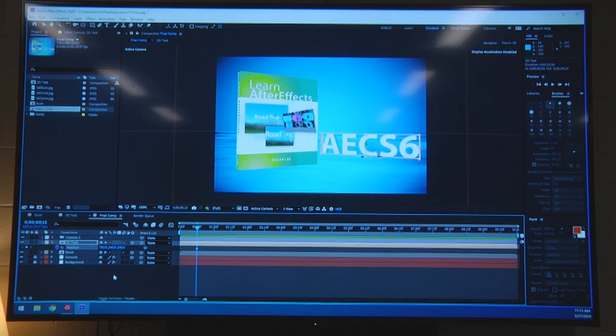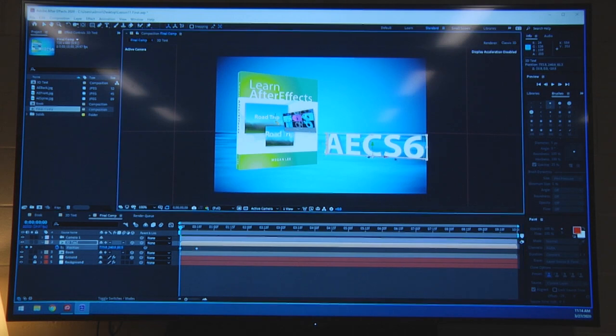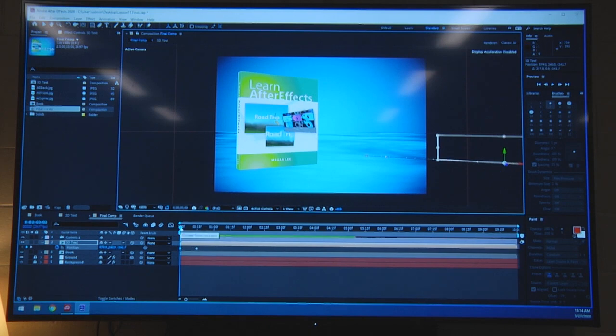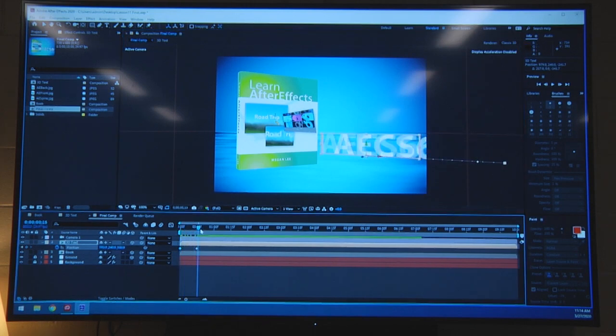Okay, let's go back to the beginning. So just press Home or go back to 0. And let's go ahead and slide this thing off. Now you notice the arrows. I think we played with these arrows before. These allow you to drag the item up towards you or left, right. That's one we want to work with right now, the X value. So I'm just going to drag that off the screen until it's fully off. And you can see that basic animation right here,